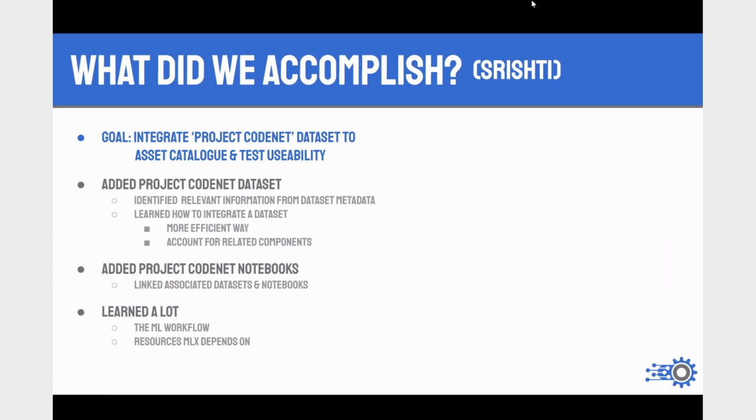Mine was to integrate project code and its data set to the asset catalog and test its usability. Just for some background on what the Project CodeNet dataset is. It is basically a large